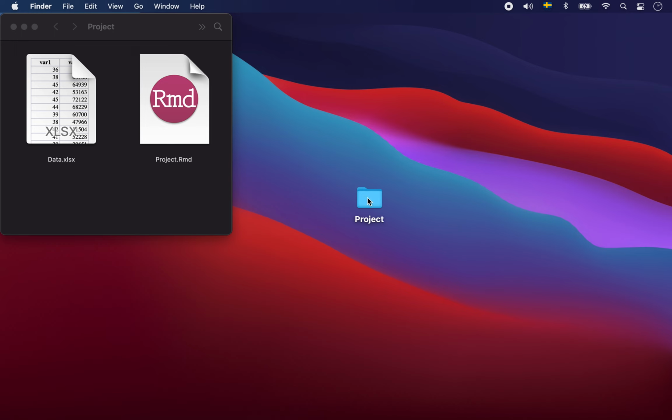I have created a folder called project, and if I open that folder, I have put two files in that folder: one project template and some data in an Excel file. Now if I open this project template in R,